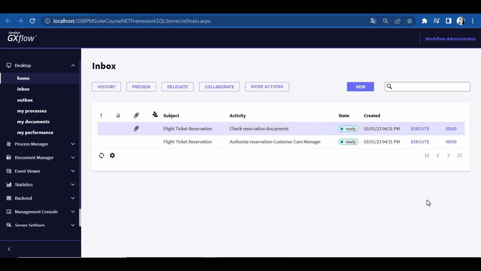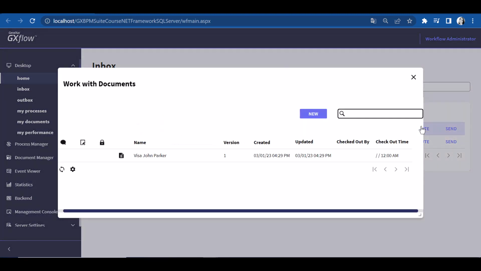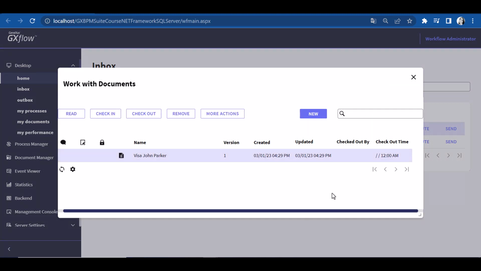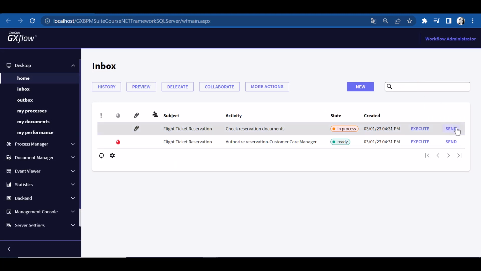The Check Reservation Documents task also has associated documents, because we had set the read operation of the visa as a required action. We run the task, and see that the Work With Documents window is opened. Instead of clicking on the Read button, we close the window and click on Send on the task. An error message is shown to indicate that documents still have to be read. So we run the task again,